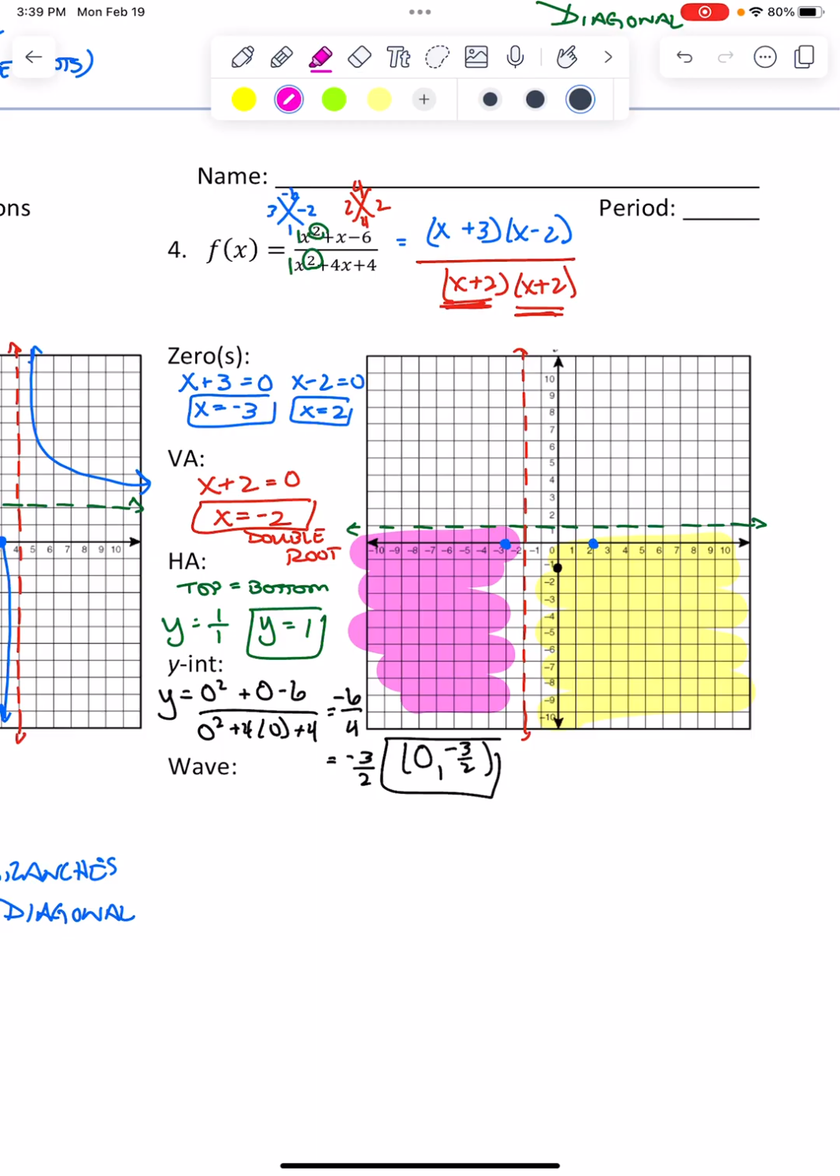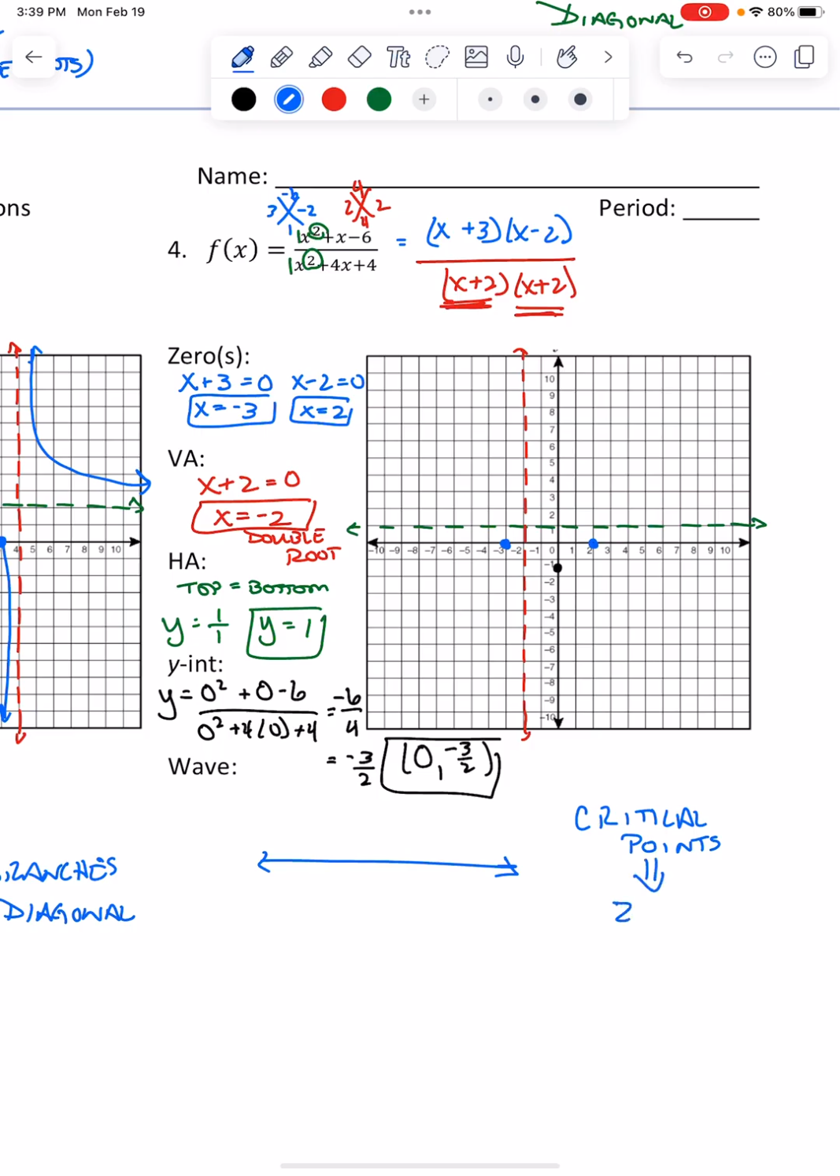Okay? But I'm going to show you how to use the wave with this, just so you have it, because we're not always going to have this. All right. So to do the wave, we use the critical points, which are your zeros and your vertical asymptotes. Okay. So zeros, vertical asymptotes. We got a 0 at -3. And then we've got a vertical asymptote at -2, and then a